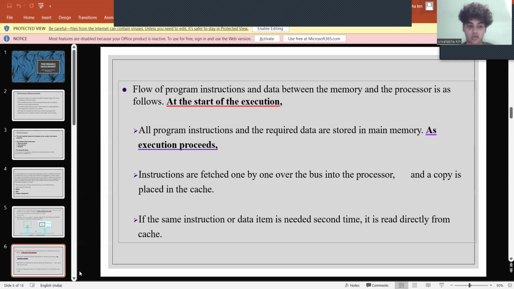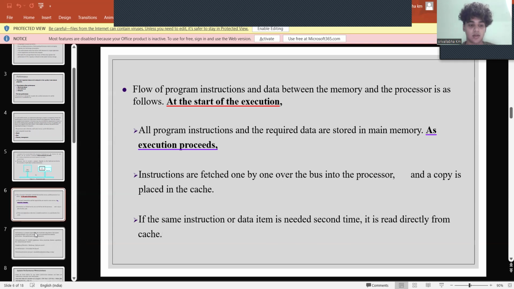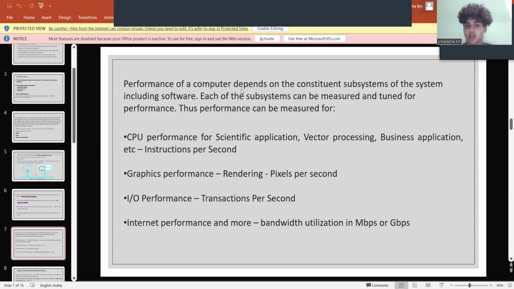Next, if we move on to the next slide: the performance of a computer depends on the constituent subsystems of the system, including software. Each of the subsystems can be measured and tuned for performance. Thus, performance can be measured for